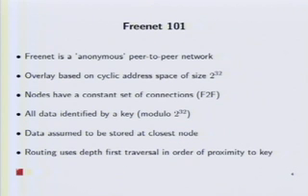The important thing to remember is that our focus is only on the routing, not the other aspects of the network. And for the routing, you need to understand two things. First off, routing in the best case assumes that all the data is stored at the node's location which is closest to the data's key. All data is identified by a key, which is in the same cyclic address space as the locations. Also, we assume that all nodes forward requests based on the proximity of the key to the node's location. So it forwards it to the closest peer that it has.